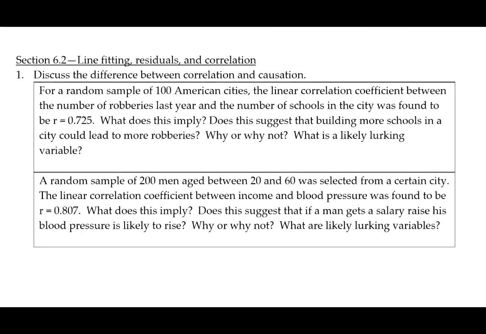Causation means that one variable causes changes in the other variable. As we discussed in Chapter 5, we can only determine a cause and effect relationship between two variables if it's a valid experiment. In order to have a valid experiment, we need to satisfy the principles of experimental design, which